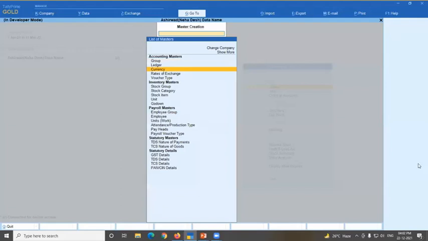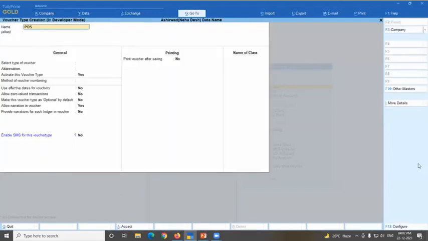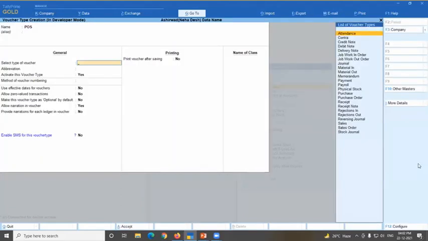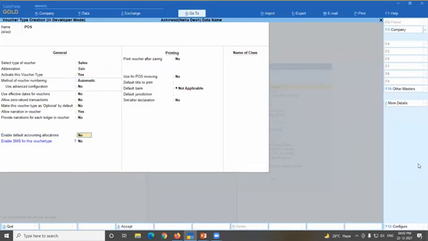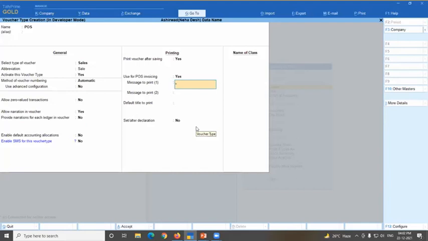Create voucher type. Suppose I take POS under sales, and I'm not doing any setting for accounting allocations and other things. Here, use for POS invoicing: yes. It is asking for messaging: Welcome to our shop, and thanks.